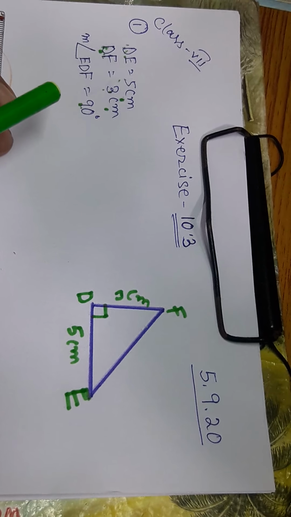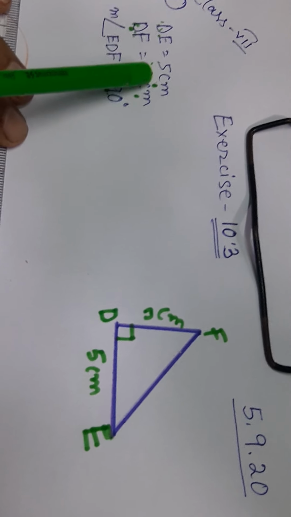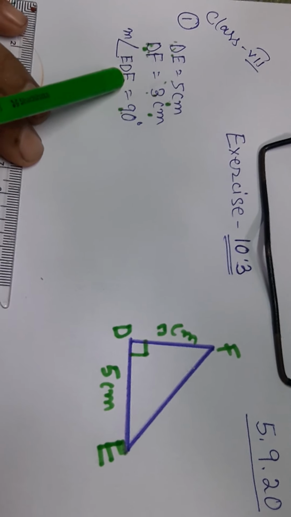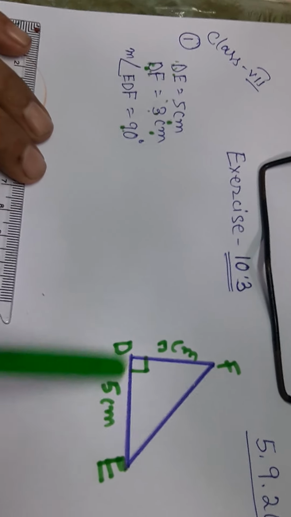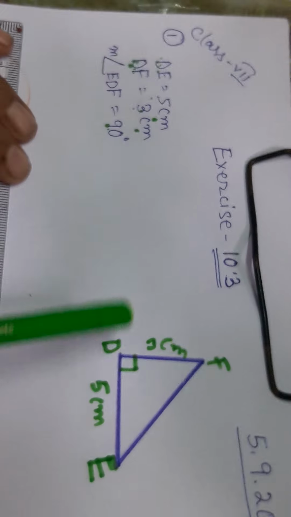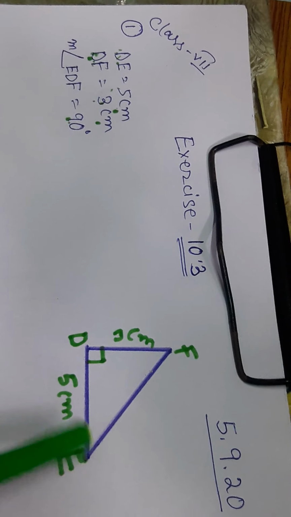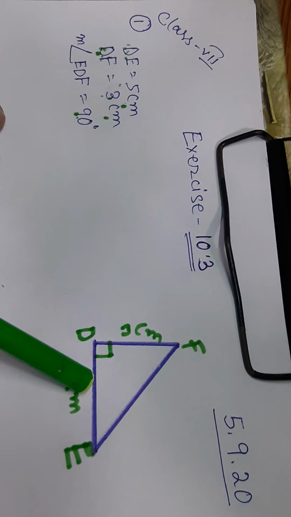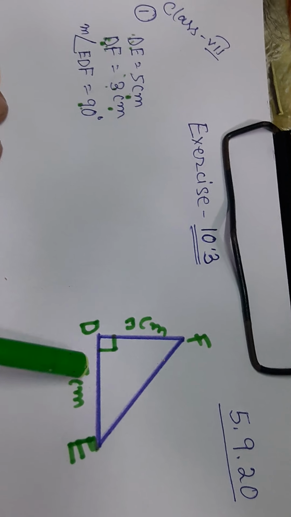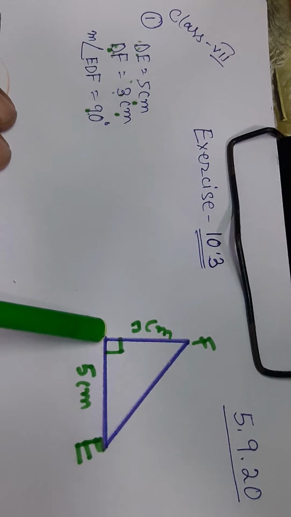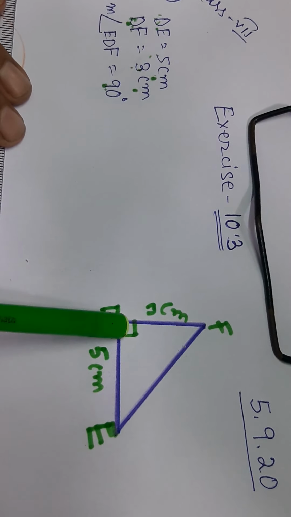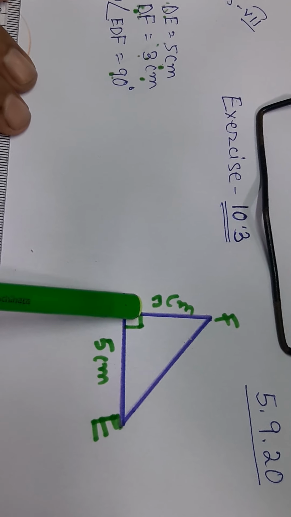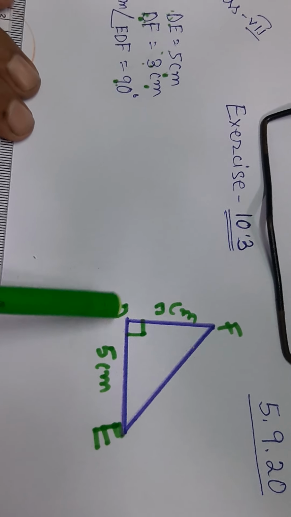Now today we will start working with the criterion side, angle, side. That means two sides have been given and the included angle. Let's come to the rough sketch. Rough sketch means it's not the exact one, but based on that we have drawn one rough sketch where two known sides have been given. That means the lengths of the two sides and the included angle of these two sides have been given. Here one side is 3 cm, another is 5 cm, and their included angle D is equal to 90 degrees. I have drawn the rough sketch.